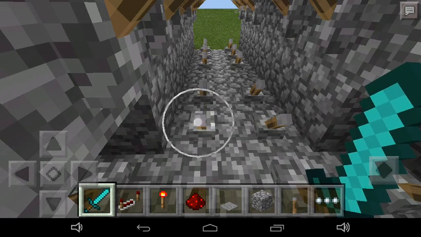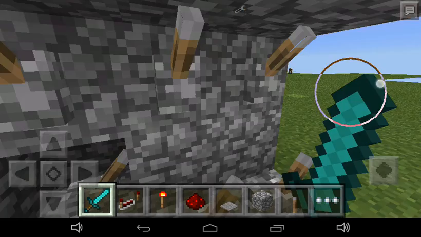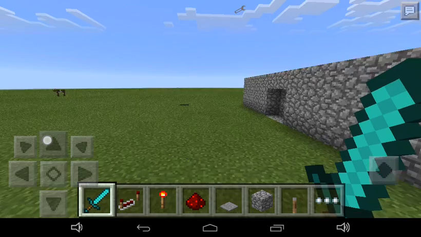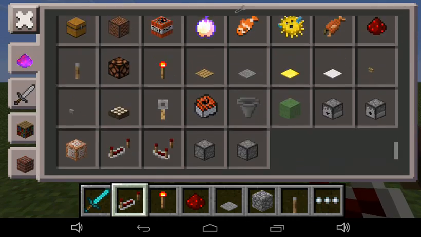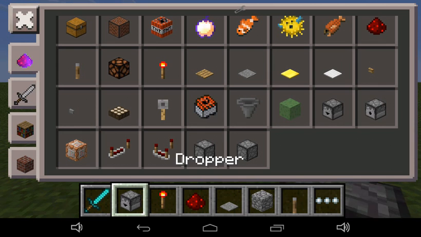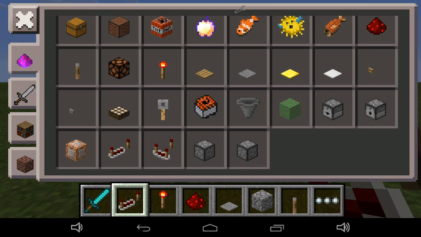See, guys, all of these items are working, but the dropper, dispenser, hopper, and Minecraft with TNT is not working, and the redstone comparator has a bug.